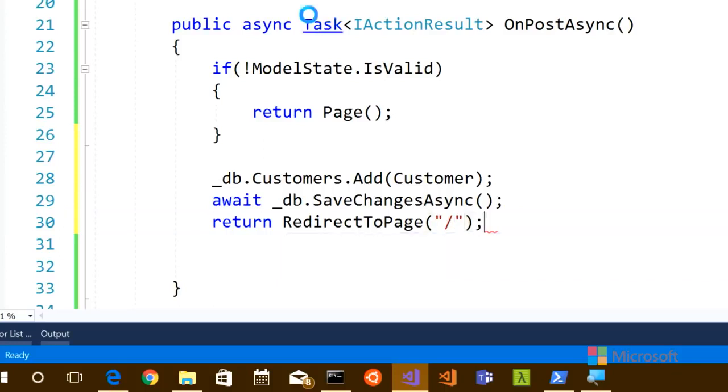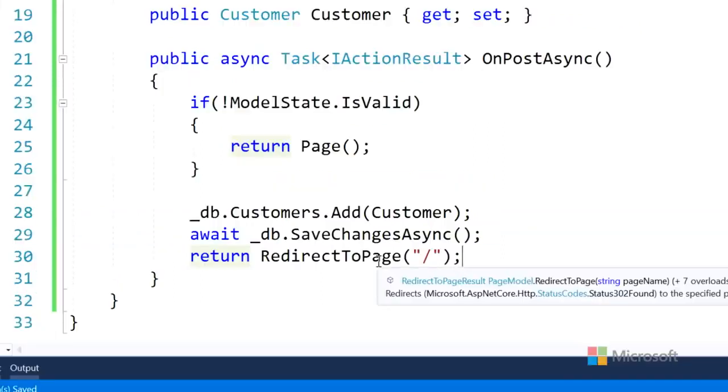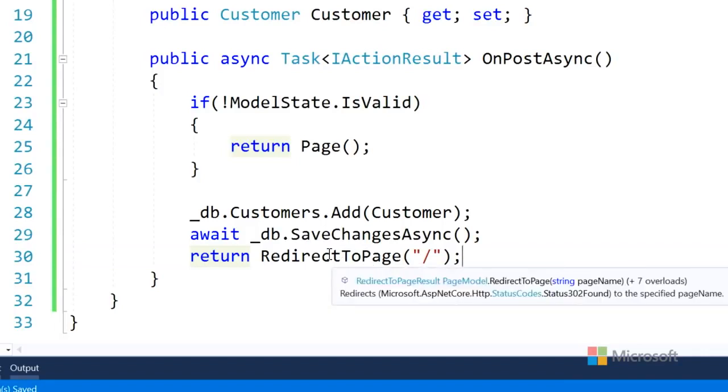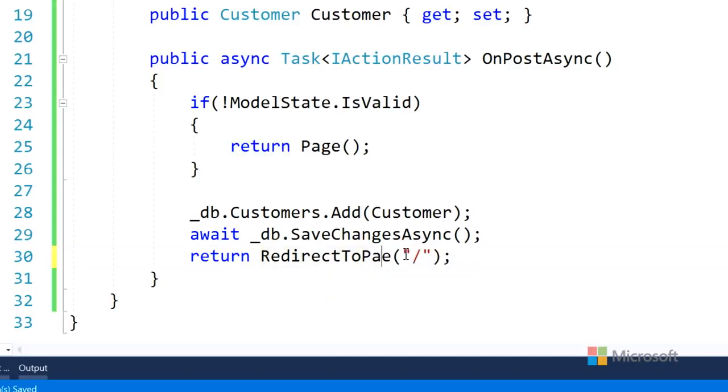If people wanted to learn more about 301s, 302s, do you have any recommendations? The internet. Yes, I would search around for that kind of stuff. Ultimately, look at the docs. But redirect to page is a standard thing, and again, if you hover over it, it says right there, status 302 found. But if I said redirect to page